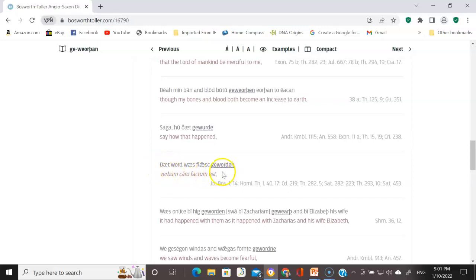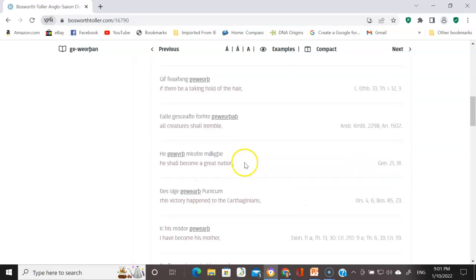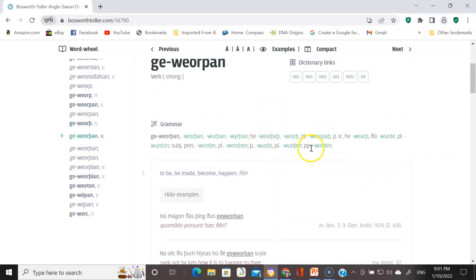So we know what it's trying to say, but notice that the made bit, the word was made, the second verb has been put to the end in its past participle form. We know it's past participle because it tells us up here. We're looking for the past participle form. Worden. Okay, now,